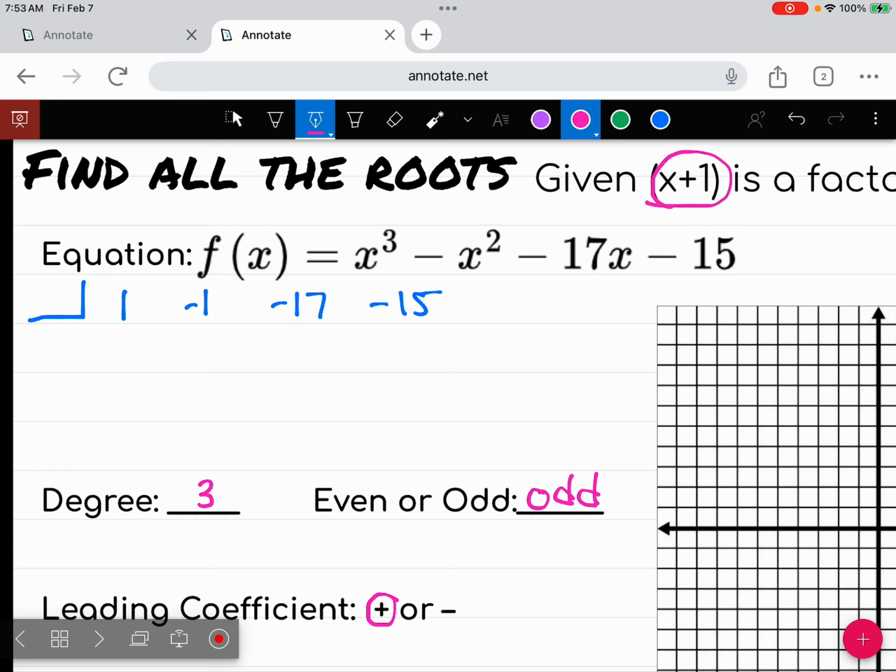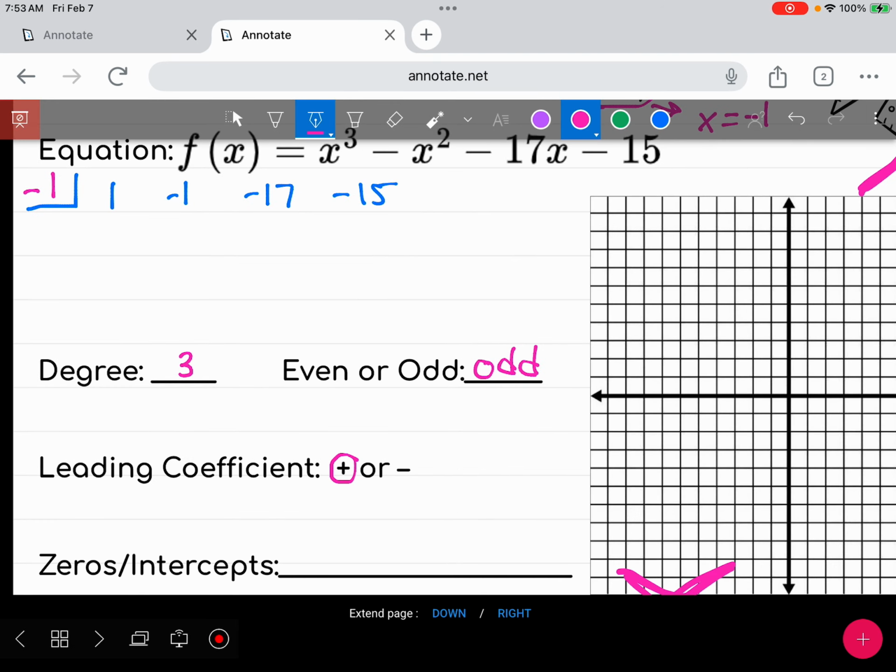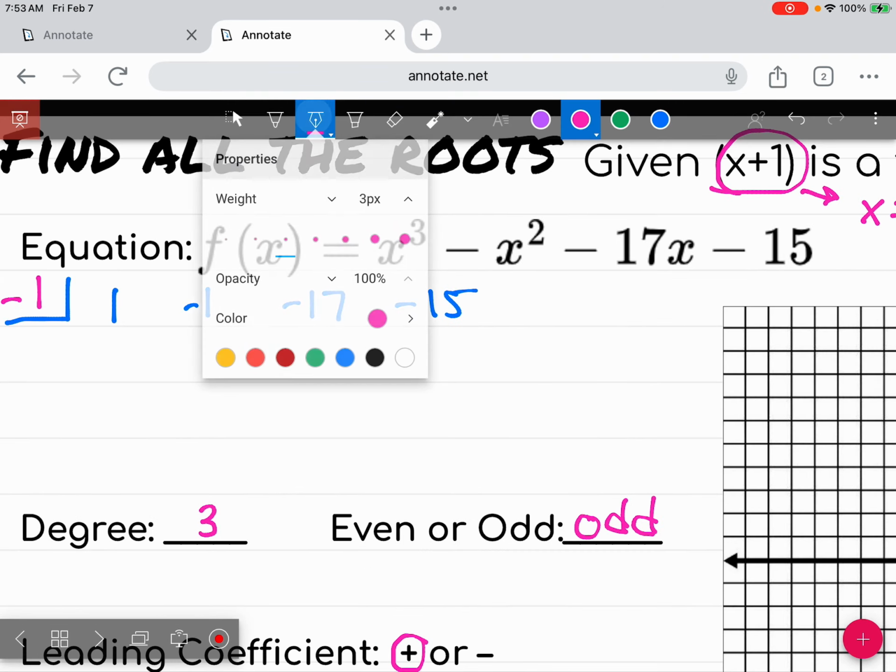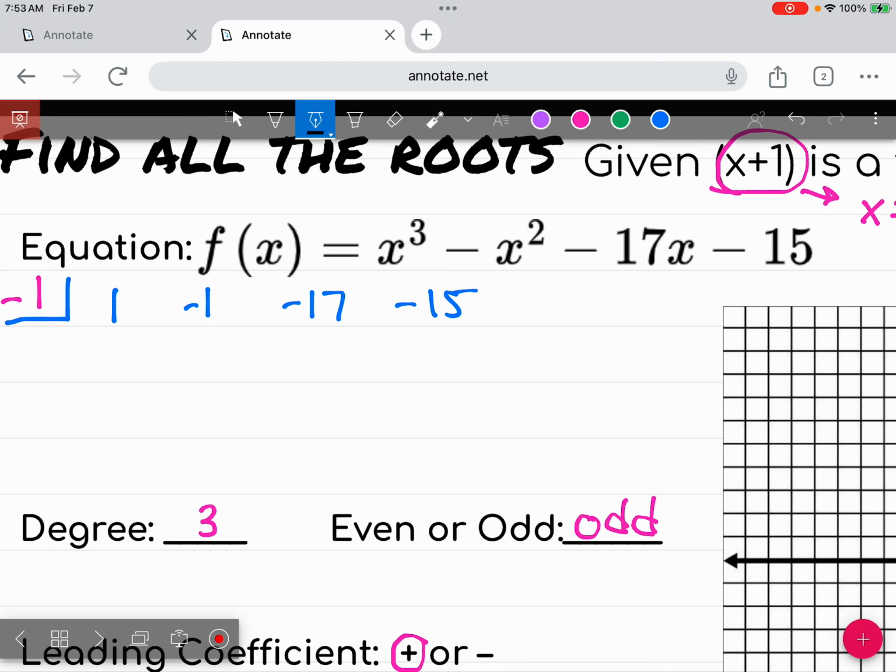And we're going to use our root from this factor up here, the x + 1 we're told, which means we have a root at -1. That's the guy we're dividing out. It's also one of our roots. We love that. Saving us a little bit of work. Doing our synthetic division,